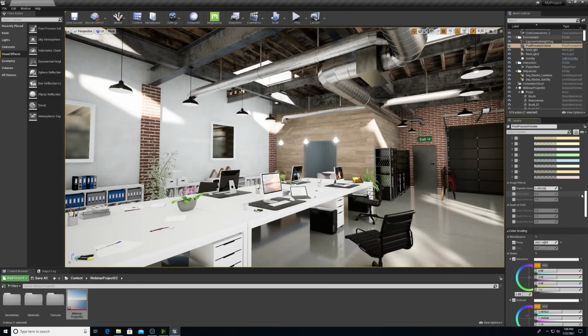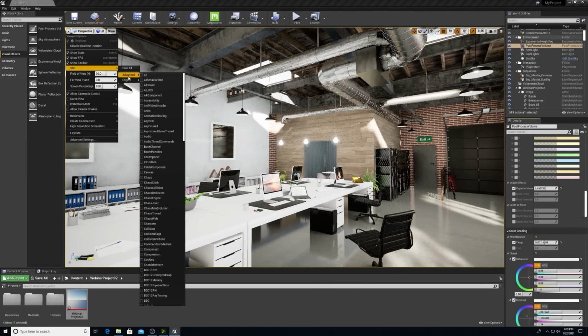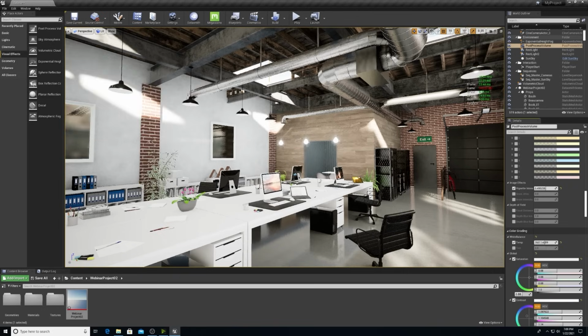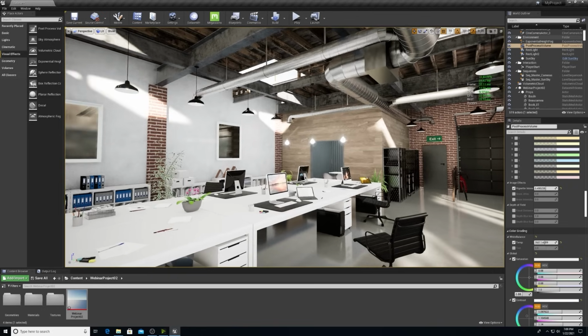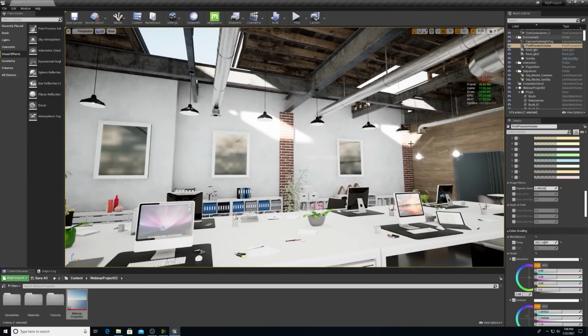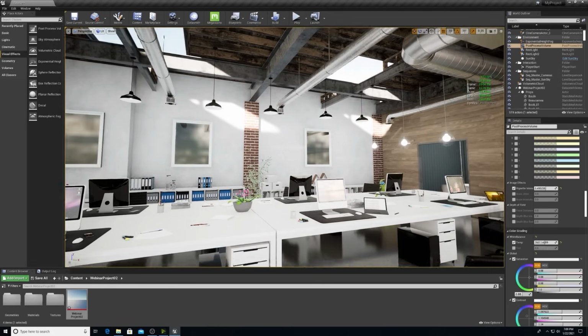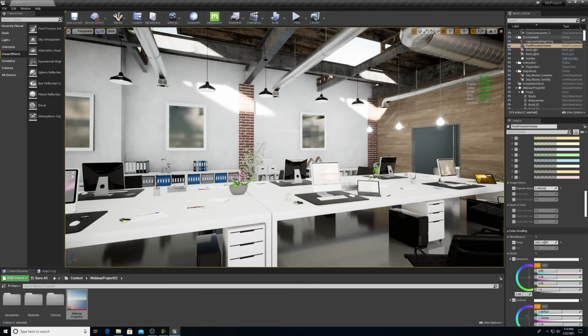So we will want to bring up some stats so that we can keep an eye on this. To do this, I'm going to turn on the frames per second in the top left-hand corner. And I'm also going to hit Stat, Engine, Unit. So you'll see that it pops up with that frame per second on the very top. And then the GPU will also be important to see exactly how much time this is taking to render. So now that I have those stats up, I'm always going to want to be looking at them as I'm making changes to the model.